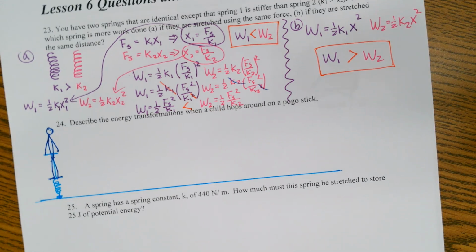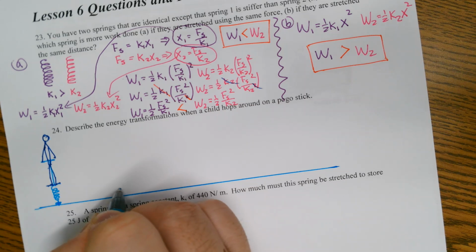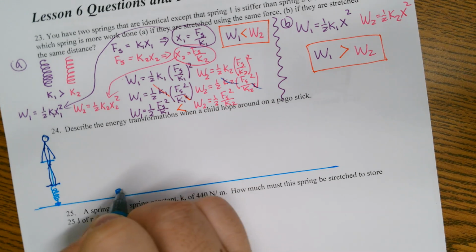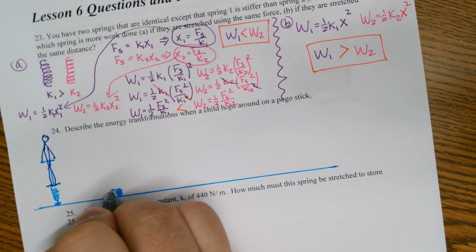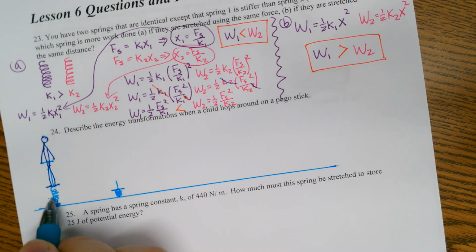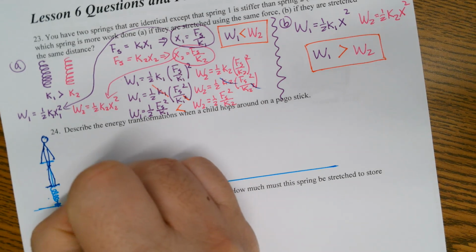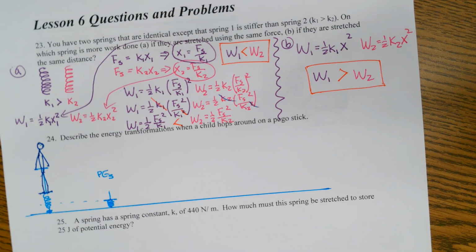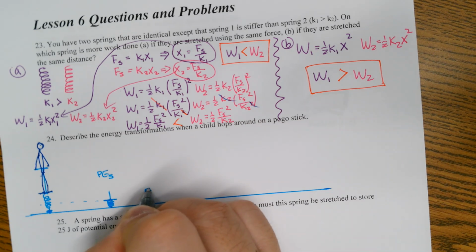okay, this pogo stick, when the spring is compressed, right, the pogo stick is down here. Now, I'm not going to draw a person on it. So this is the pogo stick. When the spring is compressed like this, the only thing I have here is potential energy of spring, right? And then this potential energy of spring, when the spring is uncompressed, and this pogo stick rises